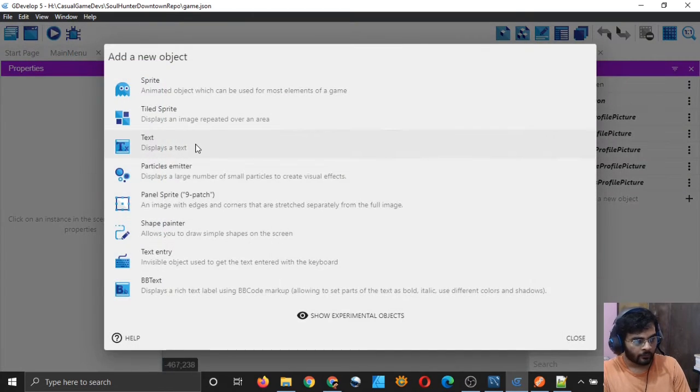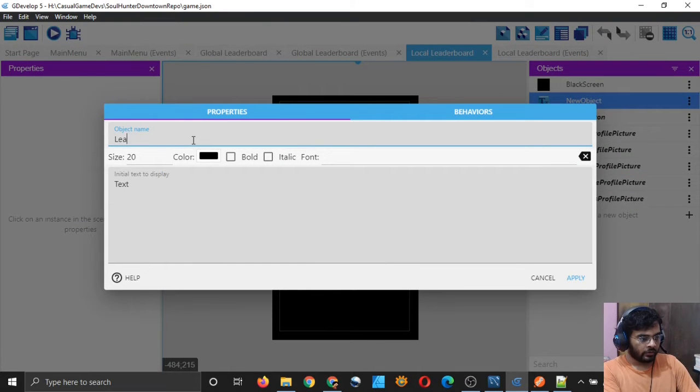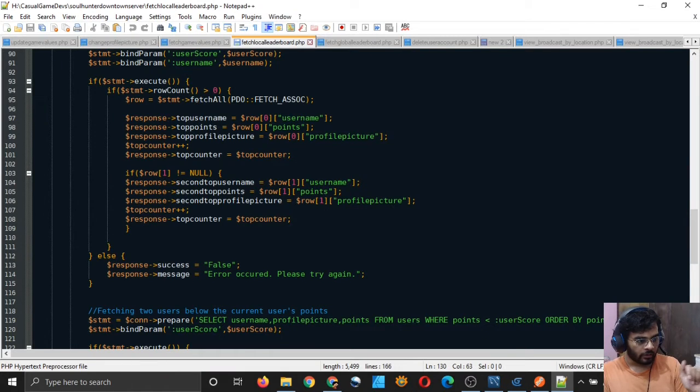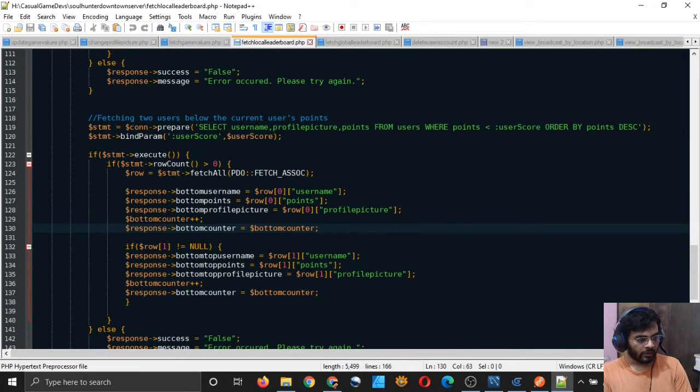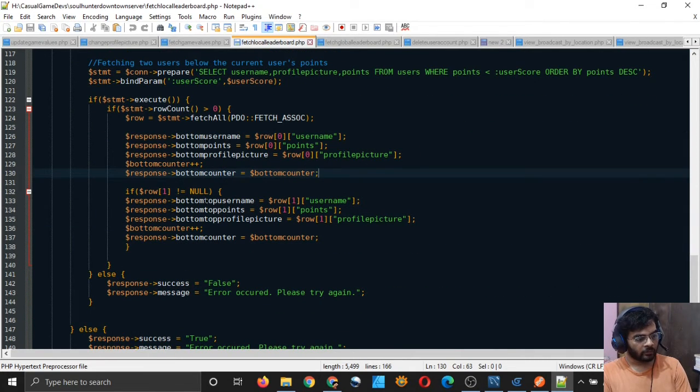Let's do it. Text, I will call it leaderboard user name, and it's not 0 in my server. In my server I have put different names to different fields for different users. I have not put it username 0, username 1, username 2. I put it this way: top username, and then second top username, and then bottom username, and then bottom top username, right?